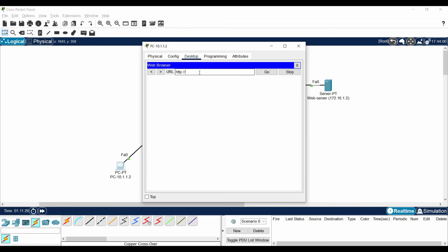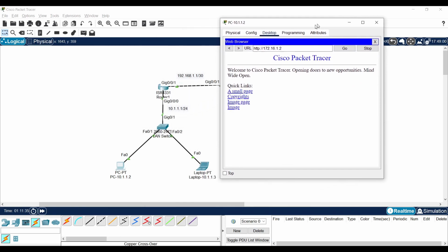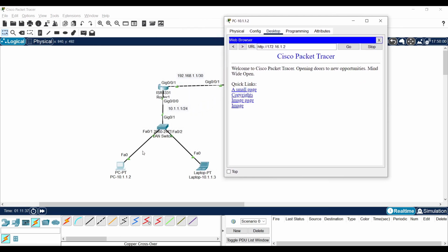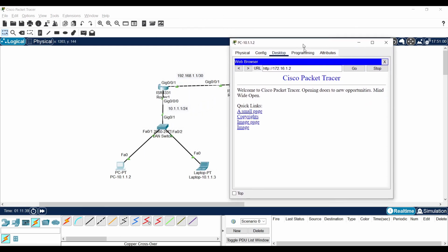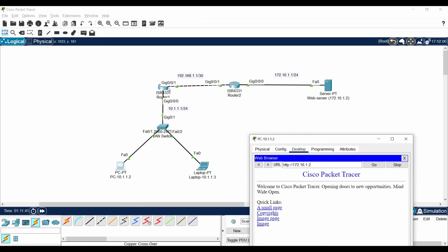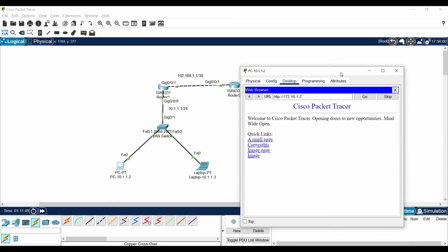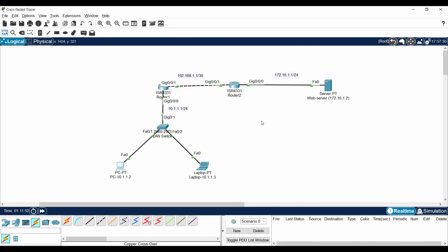I am verifying a layer 7 service, HTTP. Yes, it is reachable. Now my PC is sending traffic through the layer 2 switch and 2 routers, and it is finally reaching the destination server and fetching the information back to this PC. This is what I wanted to explain.